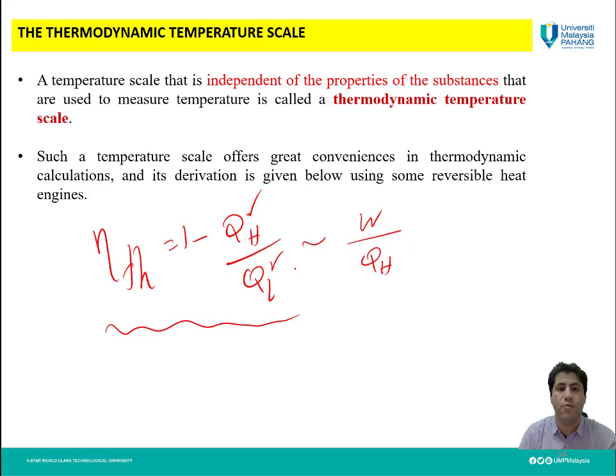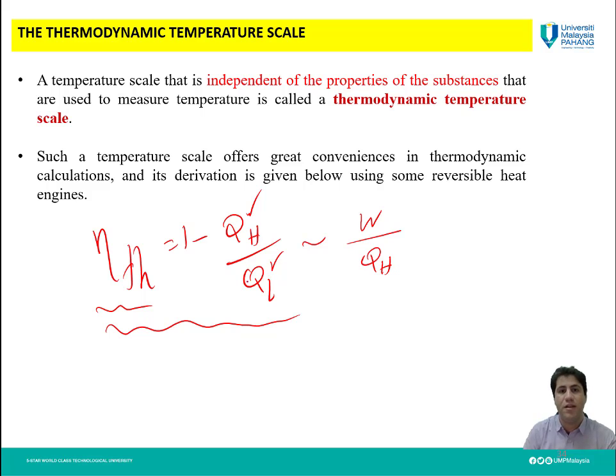In all of these equations, as you can see here, we need QH, QL, and so on. These are different variables which we cannot measure directly, and it is not that easy to measure them to calculate the thermal efficiency of a cycle, especially for a Carnot cycle. We may guess that the amount of energy which is released or rejected in a cycle